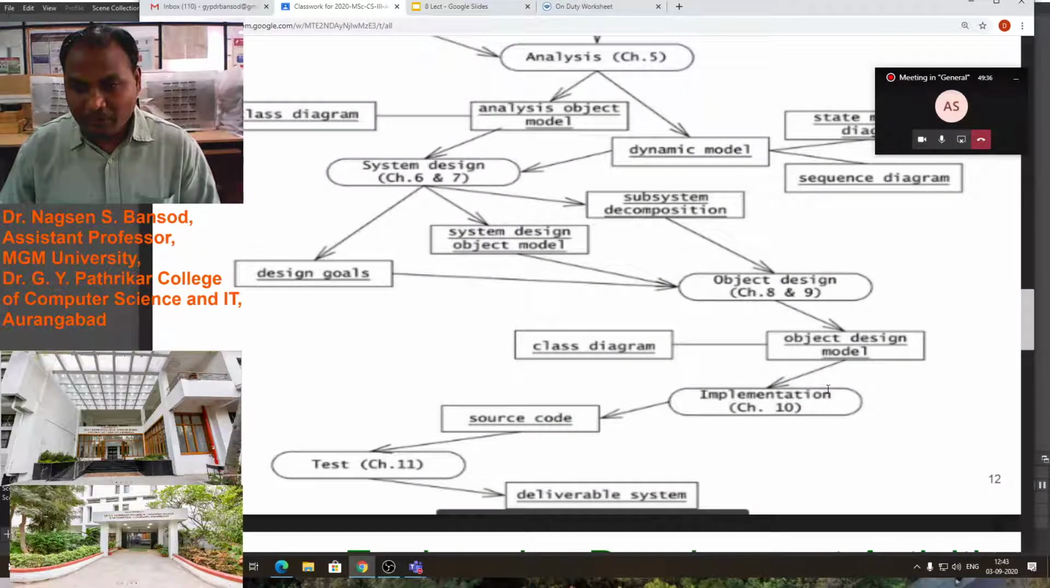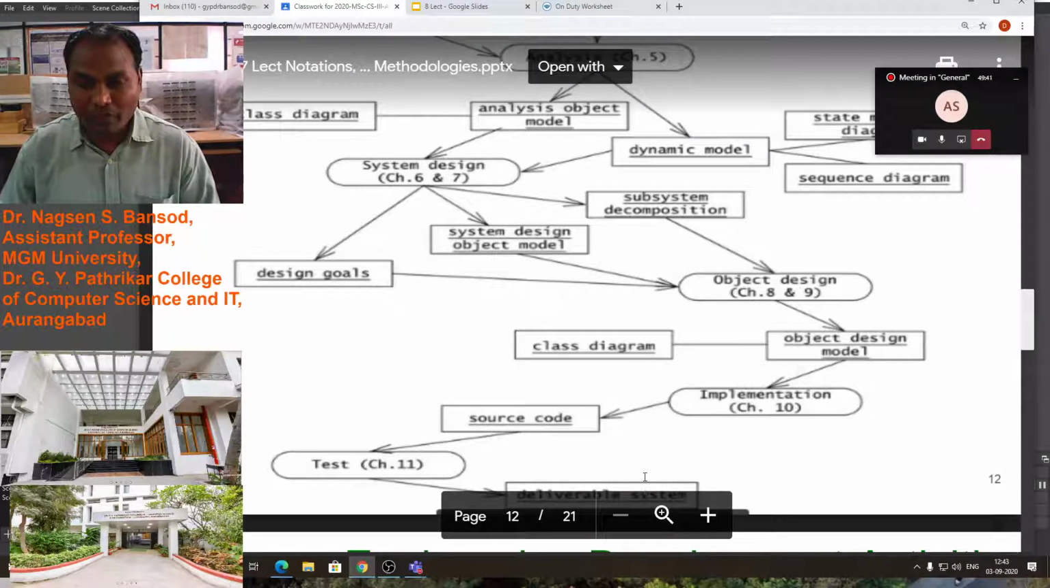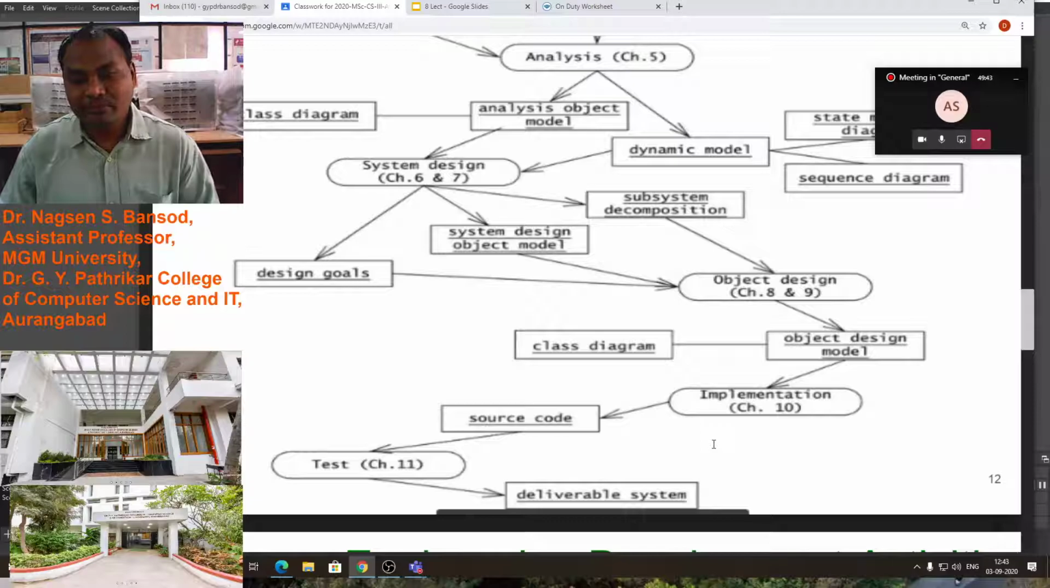Now see implementation. After that, what is there? Source code and test and software delivery. Implementation means